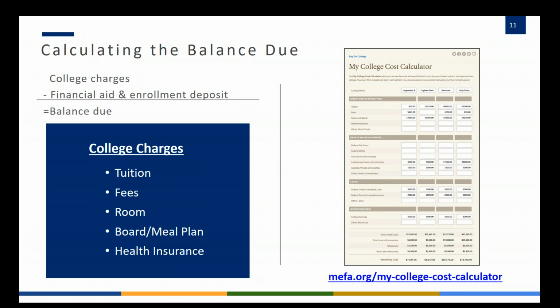So feel free, if you have families who are stuck, send them our way. Our phone number and email are at the end of the webinar. I'll show you that. And we can set up appointments with them. Or if they just have a quick question, we can answer those as well. But that's what we're here for. Everything we do is free. So we want to help families understand these award letters and figure out a strategy to pay that bill.